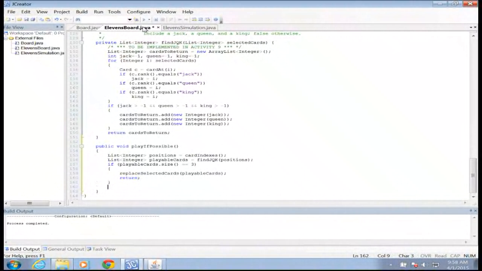And then I'm going to go ahead and say, okay, well, if I'm at this point, I did not have a Jack, Queen, King, so now I need to check for a pair. So we're going to say playable cards gets find pair sum 11 for our positions. And then if